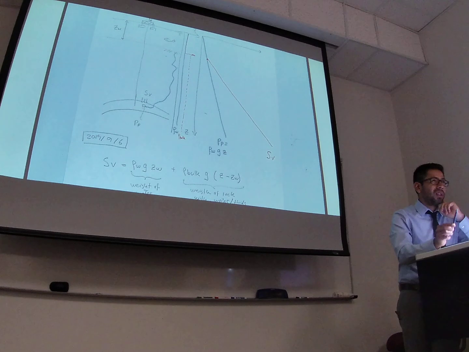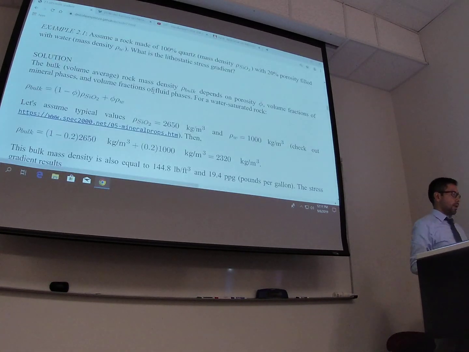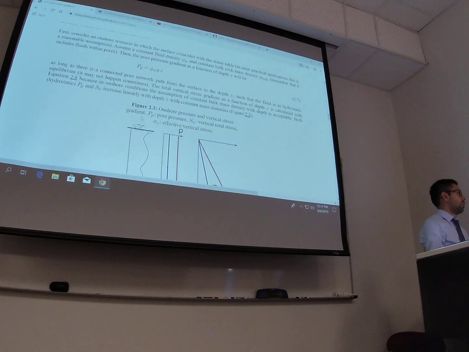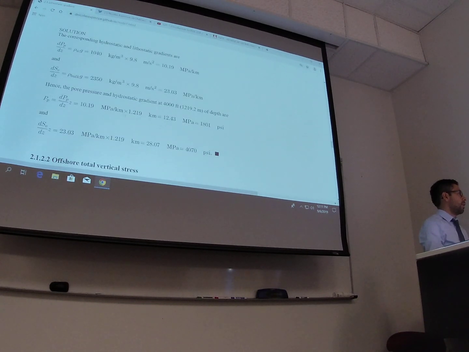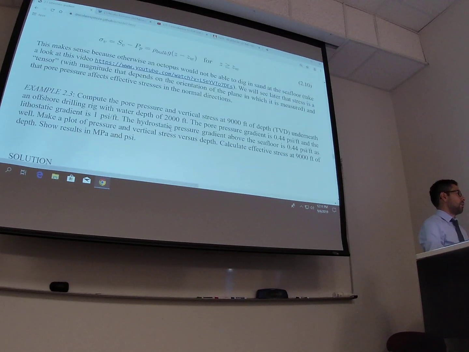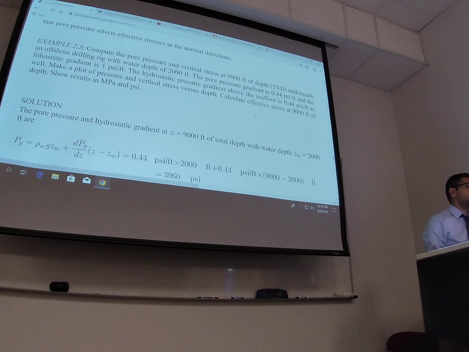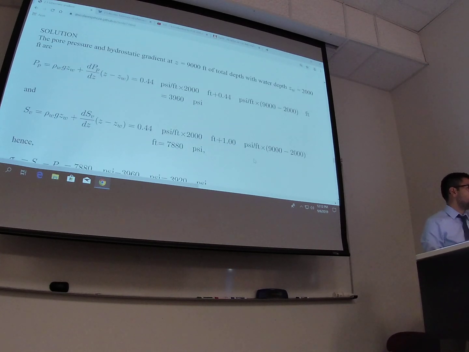So these are relatively easy calculations, and again, there is another example here in the notes. Okay, so this is what we just did, right? And there is an example here of this one is offshore. We have an offshore drilling rig, and we're interested in the place at 9,000 feet of depth with water depth 2,000. The question is to calculate the pore pressure and the total vertical stress. So I'm kind of rushing now a little bit because we have to catch up with previous stuff, but I'm not going to rush later on, okay, as soon as we catch up. But please go through the solution here,